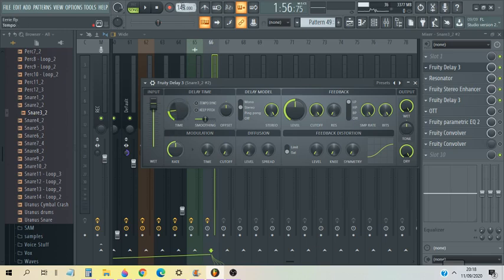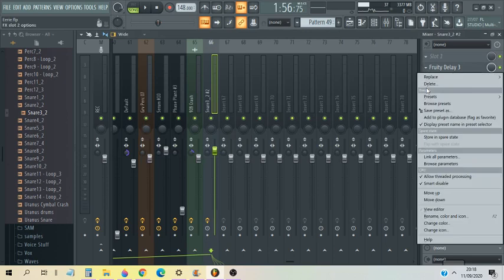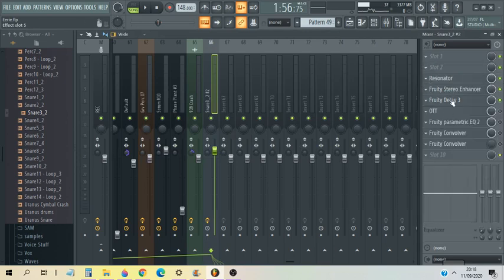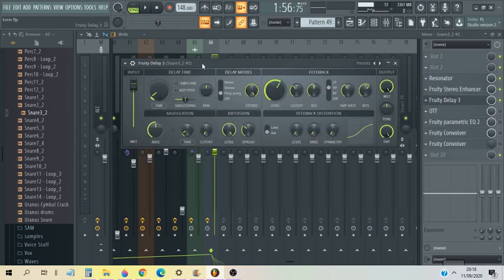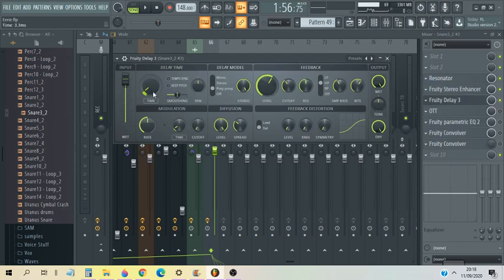I'm pretty sure I can change the tempo and it won't break anything, because I should be able to just change it back, but I'm not taking any chances. So yeah, let me get rid of this Fruit Delay 3 now, and go back to the one that's actually doing something. So yeah, there was a 3.3 millisecond delay.